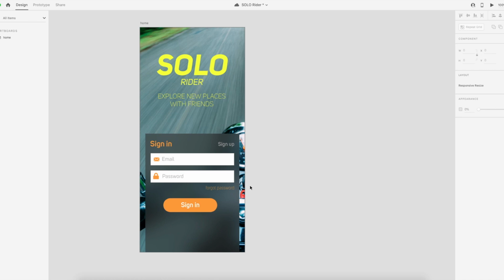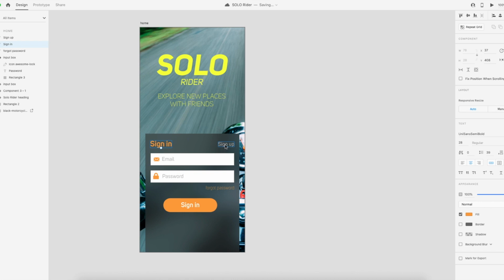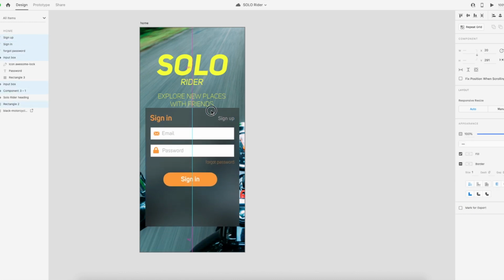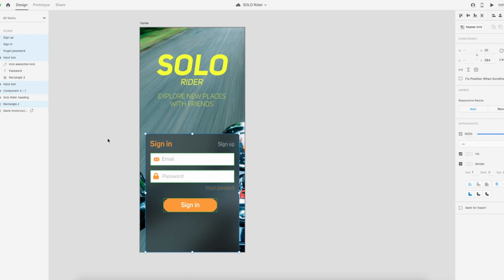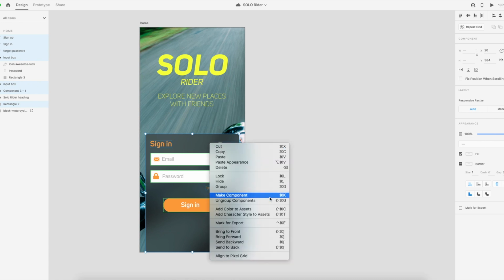Okay, so now we have made our sign in form, and now we'll make sign up. But before making that, we want to convert it to a component, and within that component we'll have sign in, password, and all these components, so it will be easier to work, including this background. I'm going to make it a component,